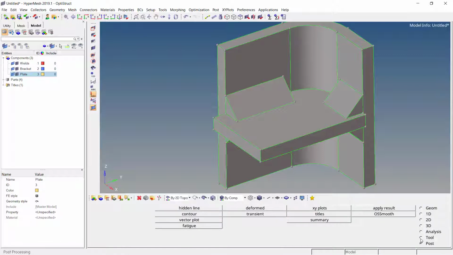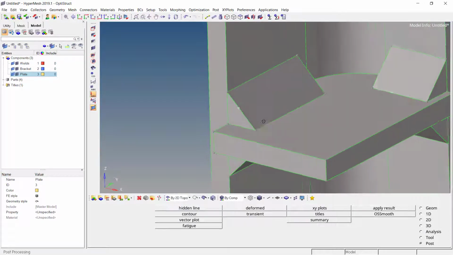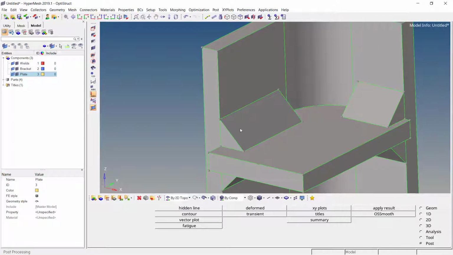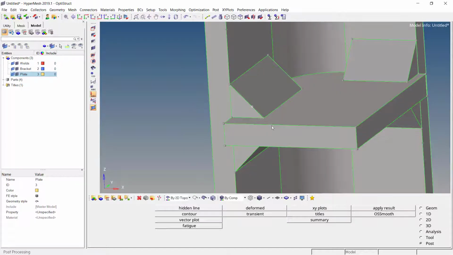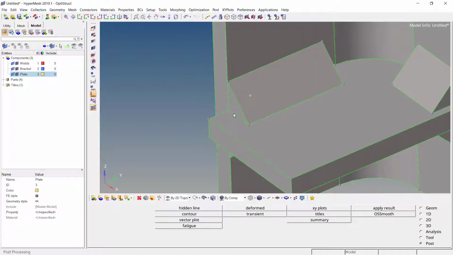Before we go for actual meshing, let us try to prepare the geometry for the meshing itself. Now since the bracket and the plate are going to be connected through the weld, there should not be a node-to-node connectivity between the bracket and plate directly. It has to be through the weld only. So let us make sure our weld has the T-junction or the yellow color between the plate and the bracket.